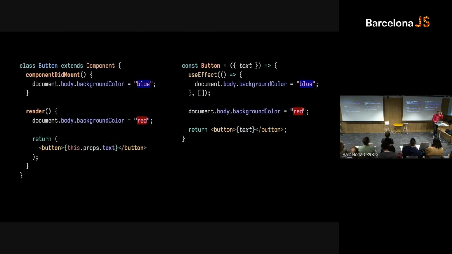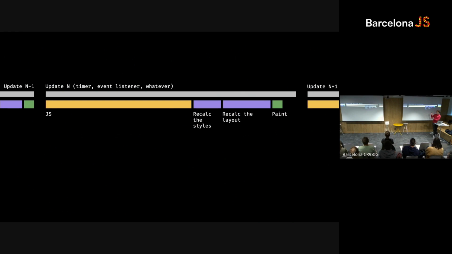This difference is a result of a very intentional performance decision that drove useEffect's design and helped React to fix a whole class of performance issues. But to understand this difference and to understand the issues it fixed, we need to take a detour into how browsers render things under the hood. So the browser rendering pipeline is complex. But